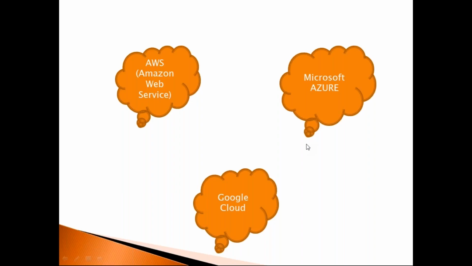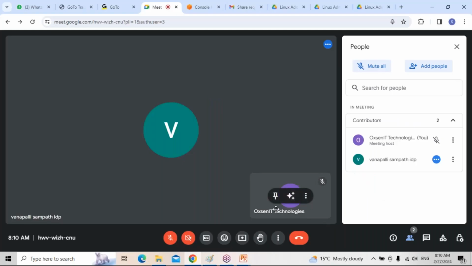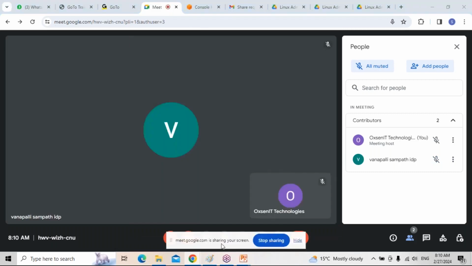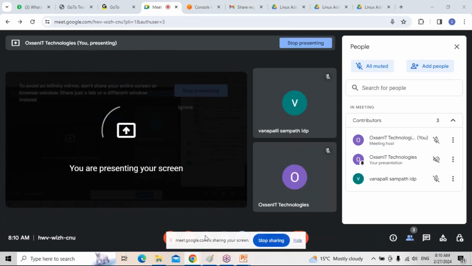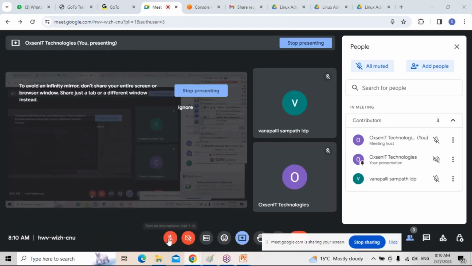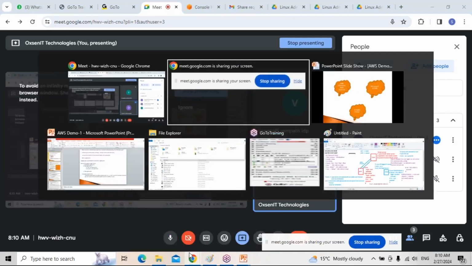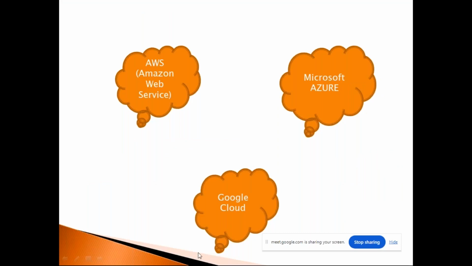I can teach all these three: AWS, Azure, and GCP. So this is called multi-cloud.